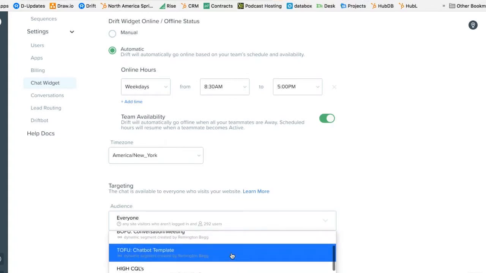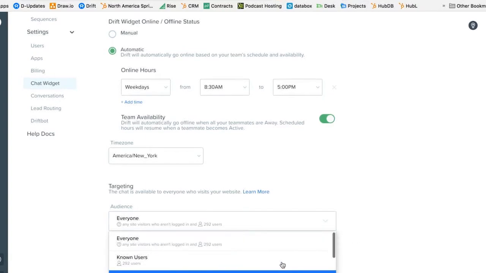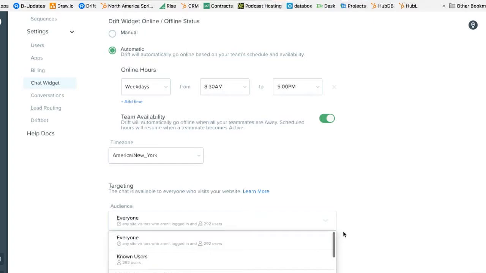If you have a dynamic segment, and I've got a tutorial on how to set those right here, you can choose those dynamic segments. Maybe you only want to show up to people who have engaged or are in your contact database. You can also make it so that it connects to people who are set up for Clearbit. And then the final piece is you can choose to display based on some different